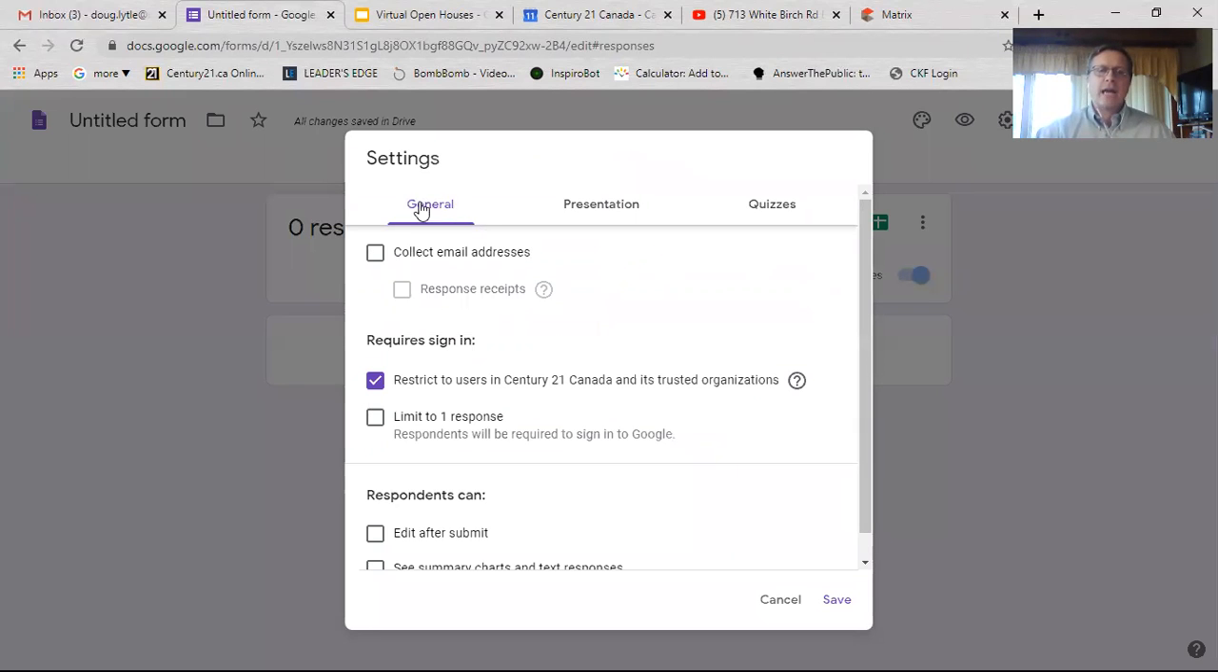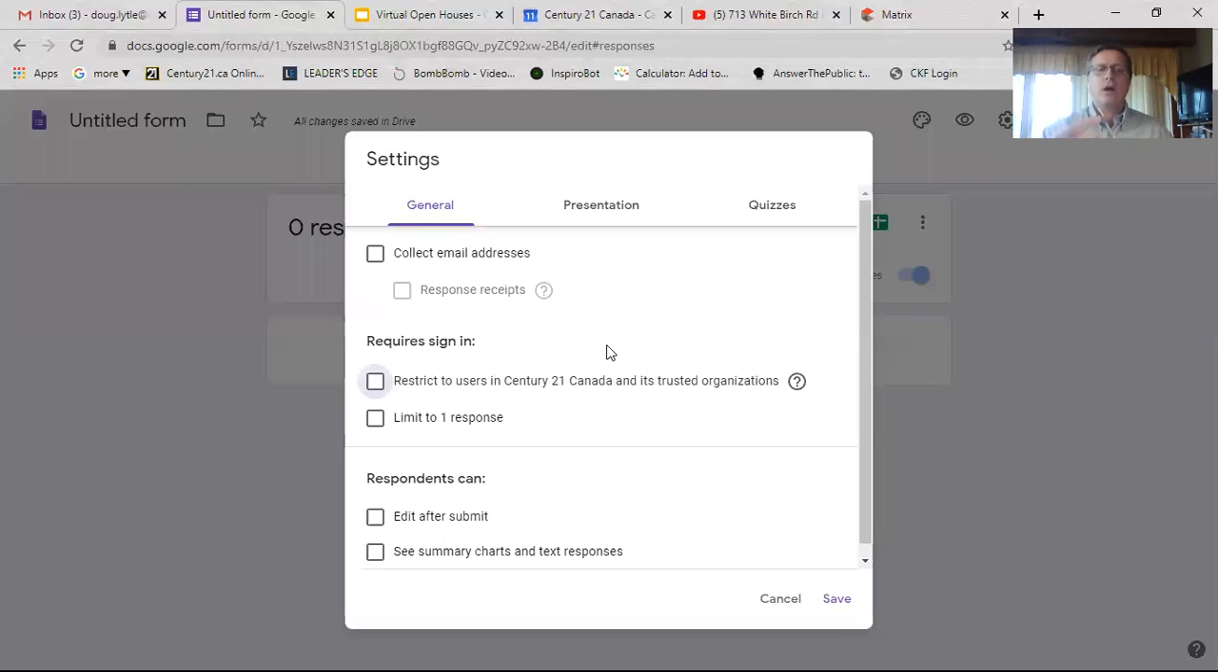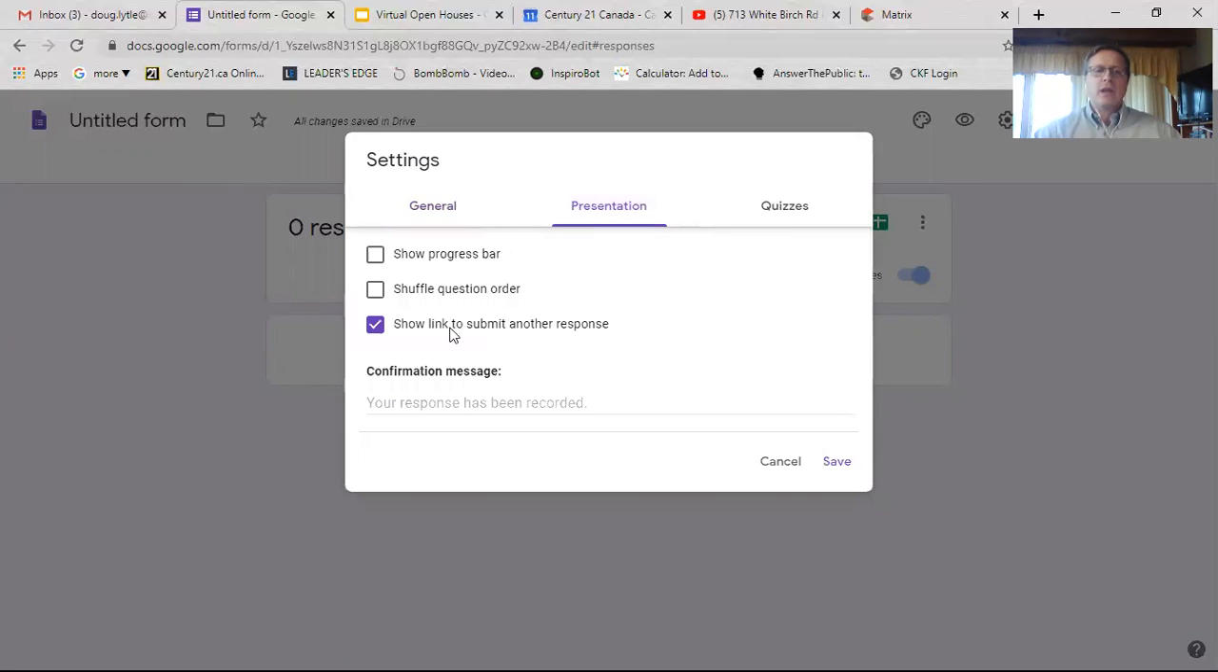And under the general tab that pops up automatically, right here it says restrict to users in Century 21 Canada and its trusted organizations. You need to uncheck that. If you don't uncheck that, the form won't appear to anyone outside of Century 21. Why that's turned on, I have no idea, but I need you to uncheck that, okay? So that one, and then I need you to go to presentation, and right here it says confirmation